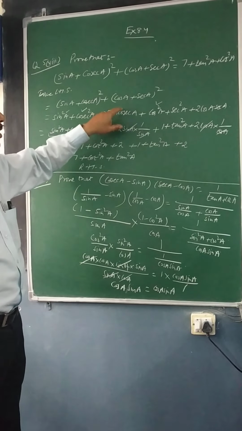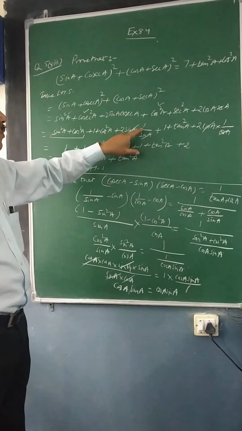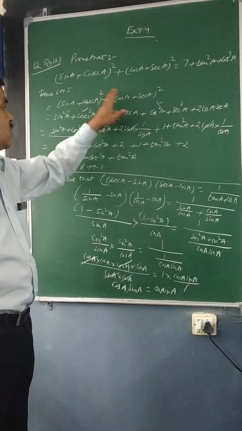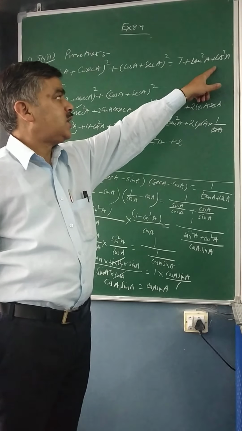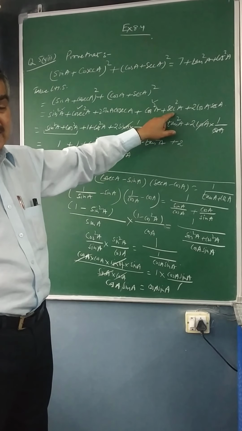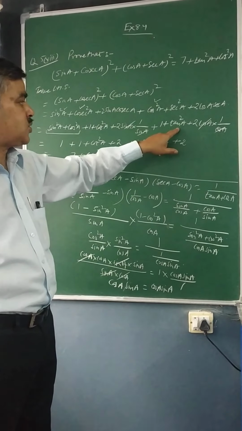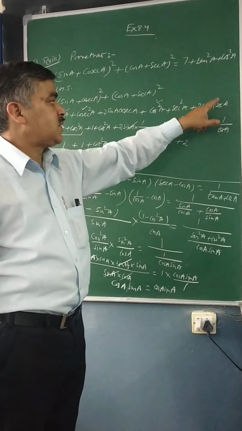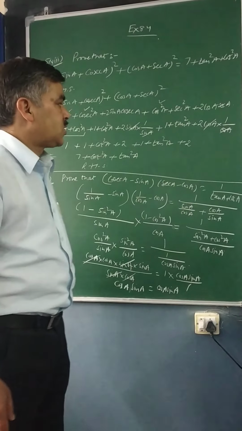Then here it is 2 sin A cosec A. You know cosec A is the reciprocal of sin, so I can express it as 1 upon sin. So 2 sin A into 1 upon sin A. Cos square A already I have arranged here. Then secant square A, again I don't need secant square A. So what I did, I used the identity secant square A minus tangent square A is equal to 1 to express secant square A in terms of tangent square A. So it becomes 1 plus tangent square A. And then at last part, secant is the reciprocal of cos, so 2 cos A into 1 upon cos A.